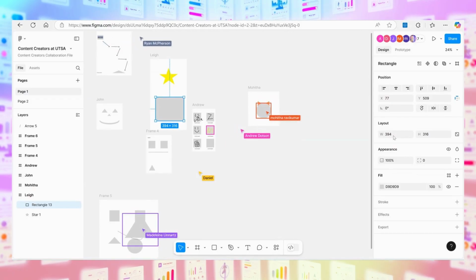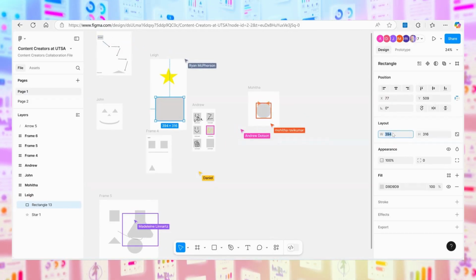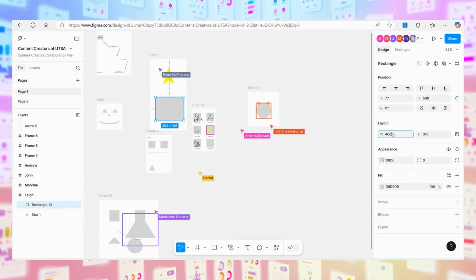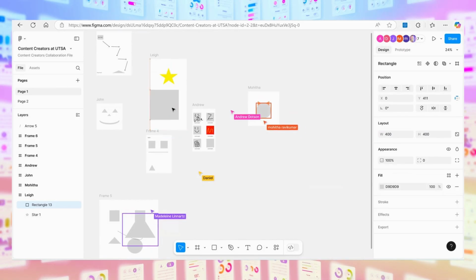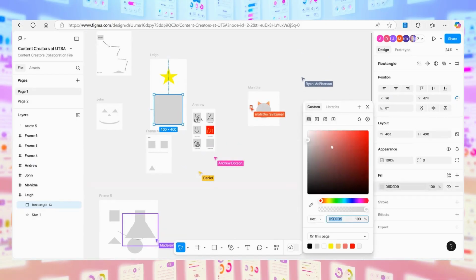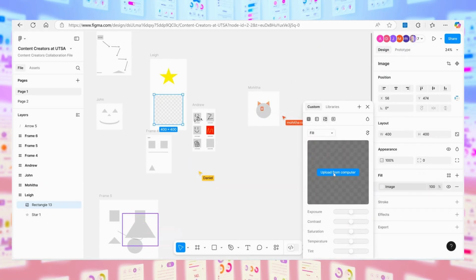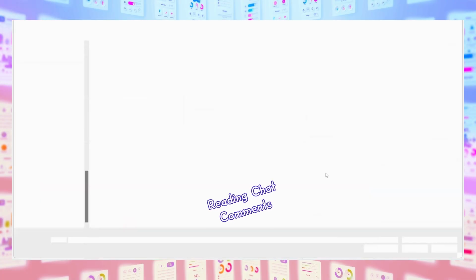If you want to change the dimensions, you can do it to the exact pixel. If I want it to be 400 by 400, it'll change it. Then you can move that little guy around and it has the same kind of snap to grids as Express. So what you want to do is go to fill and about three things over, it'll say image, and it changes to a transparent background, that little checkerboard, and you can upload.